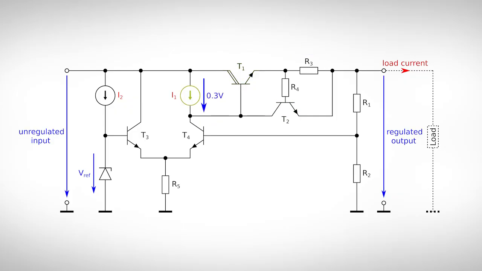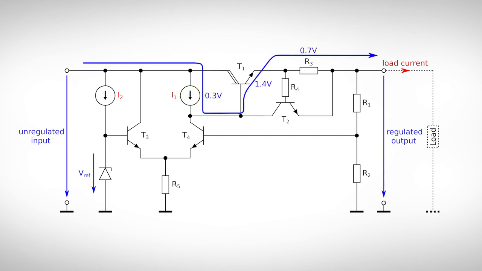Finally, the current source I1 needs at least 0.3 volt to work properly, because the transistors inside of it need to be in saturation all the time. If we sum up the base emitter voltage of the Darlington transistor, the voltage drop over the current limiting resistor and over the current source, we get the minimum voltage drop over the regulator. If the voltage drop is lower than that, we cannot tell how the regulator behaves. In a worst-case scenario, the regulator could give a higher output voltage than normal, which could be critical for the